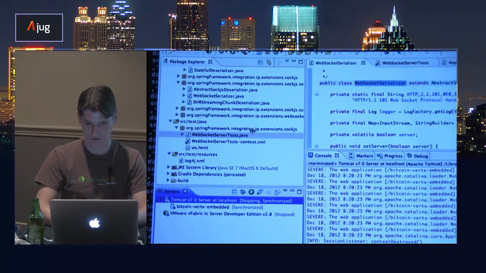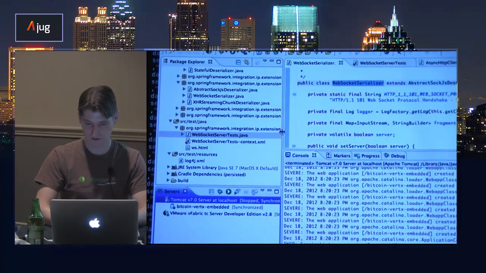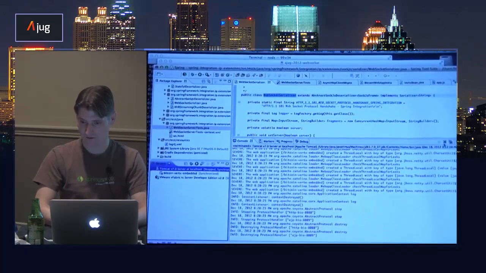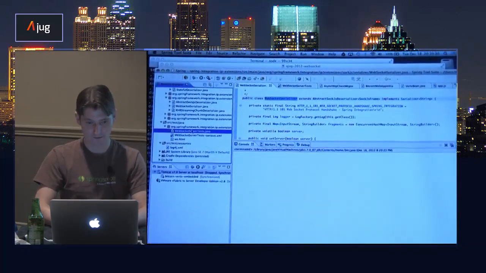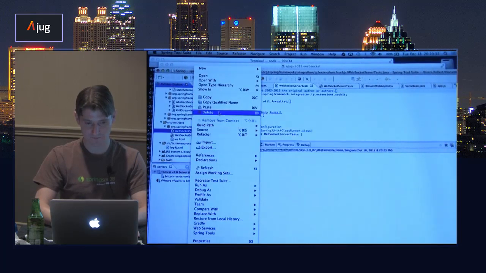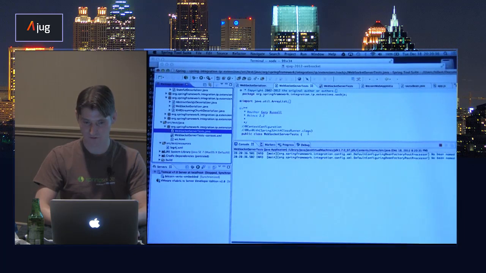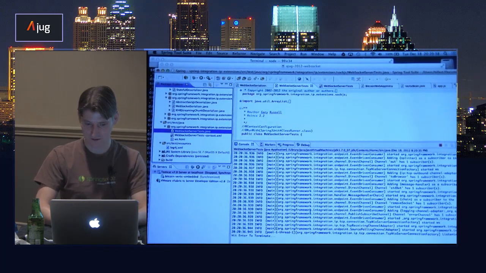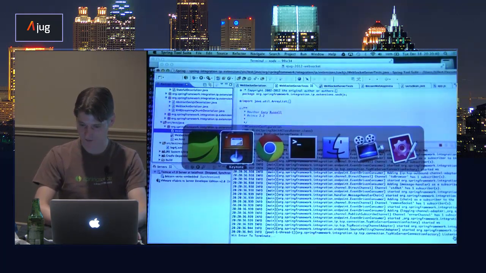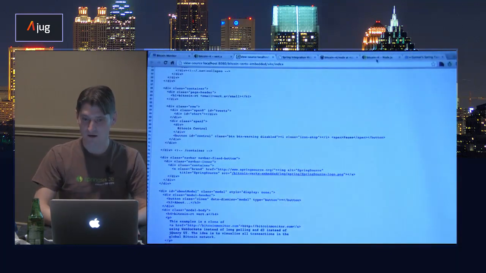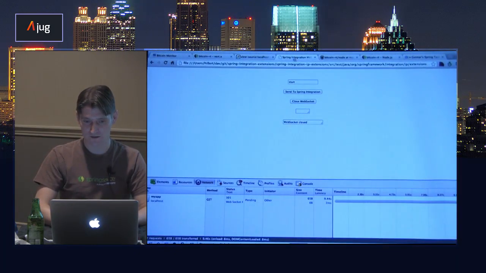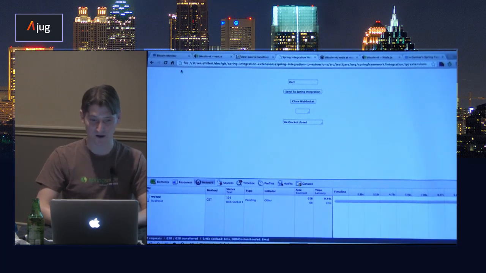Let me spin that one up. Let me close this. Run the test. Java application. All right, looks like it's up. And Spring Integration. This one is the only one that doesn't use Bootstrap, so the graphics are not there.